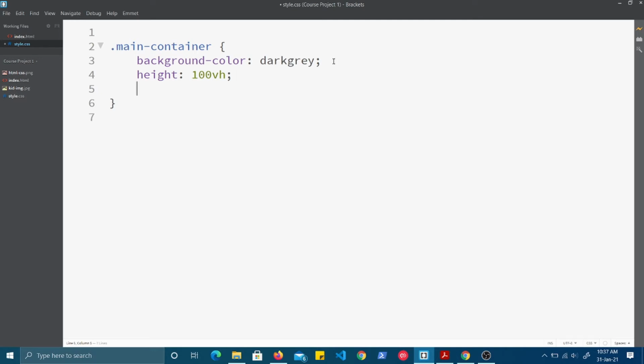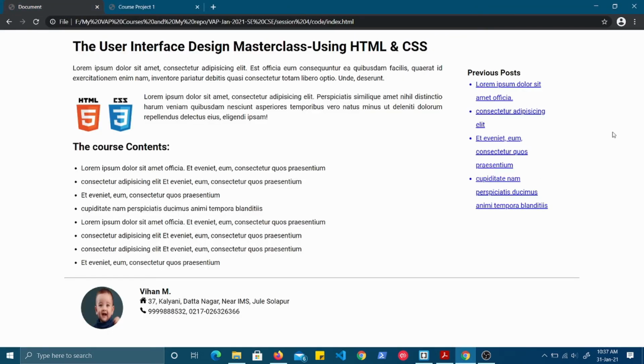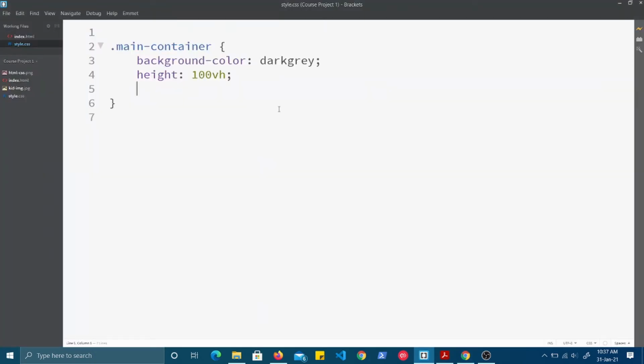Also there is some white space left and right. So what I will do is set the margin to auto. It will automatically adjust the margin to the left and right depending upon the content. We also have to give the width.